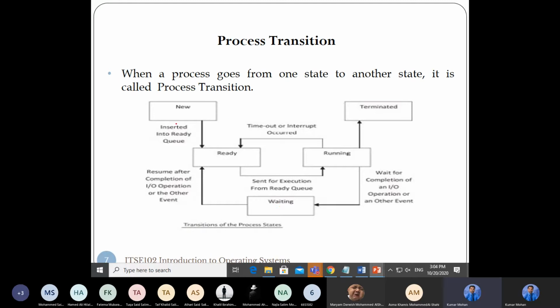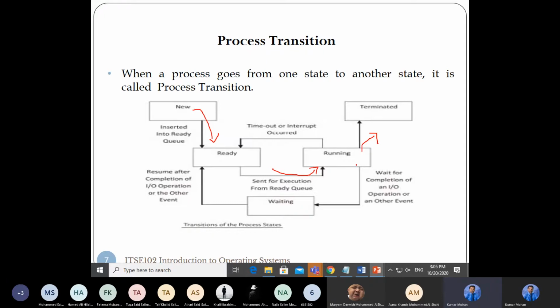So new state is inserted into the ready queue. After the new state, it will go to ready, and from ready to running. Once it is completed, exit or terminate. Terminate means exit. During running time, someone can interrupt.